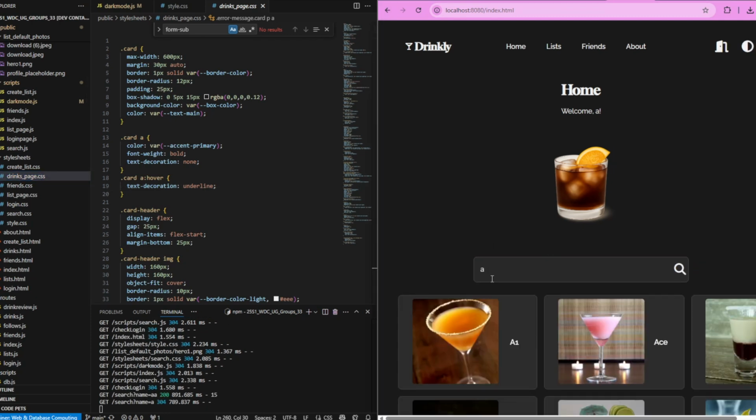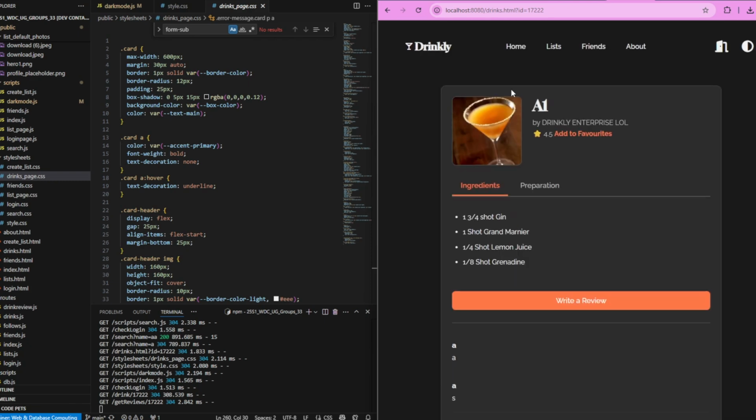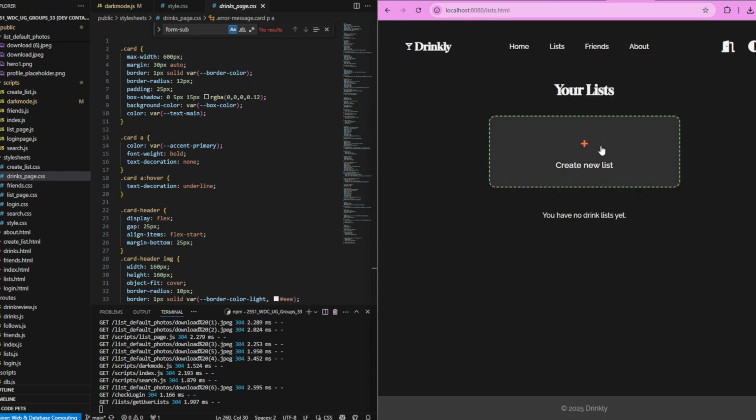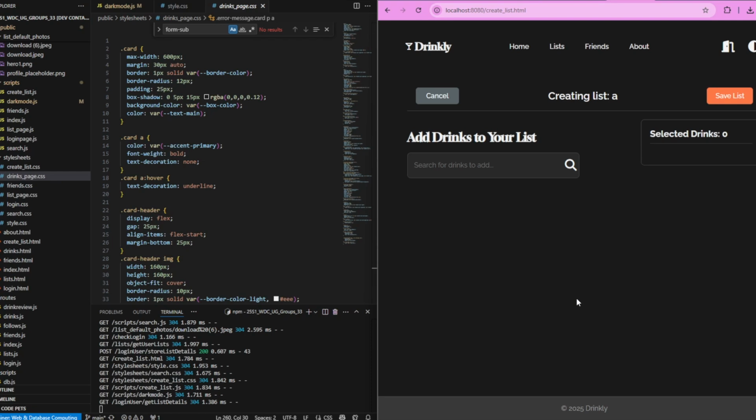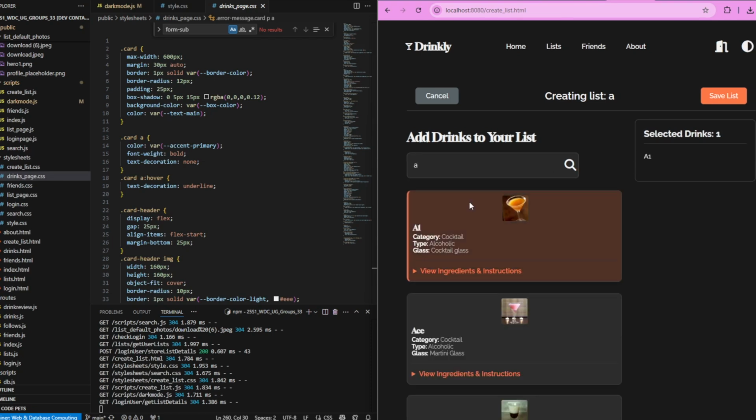So if you were to search for drinks, and you click on a drink here, you've got specific styling just for this page. It looks different, to make everything stand out while also being modular, so it's easy to use throughout. We've got the create list here, which looks different. Basically, the method I've gone through is to make everything as distinct as possible while also making it